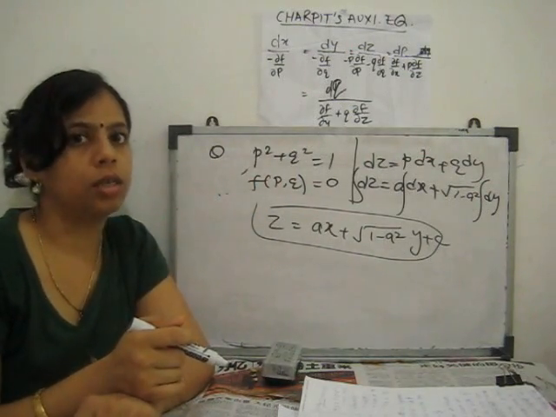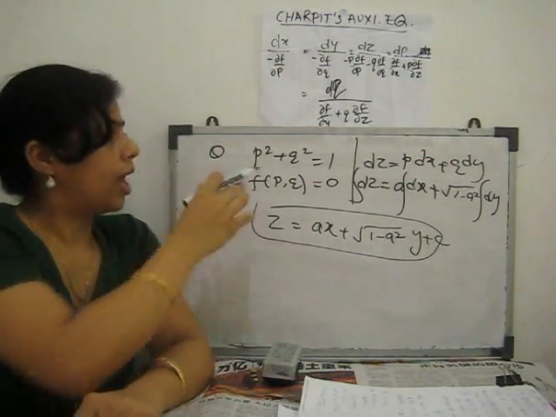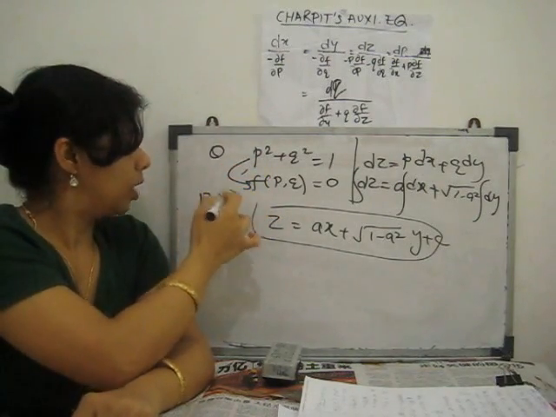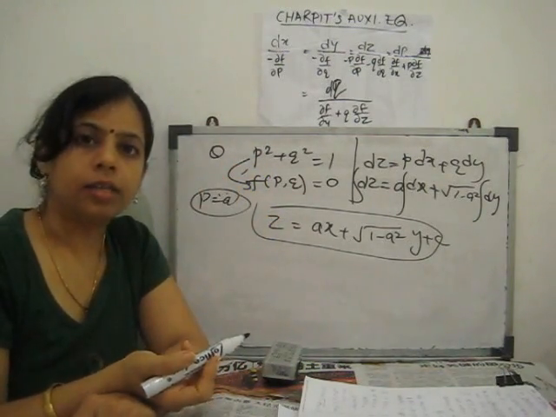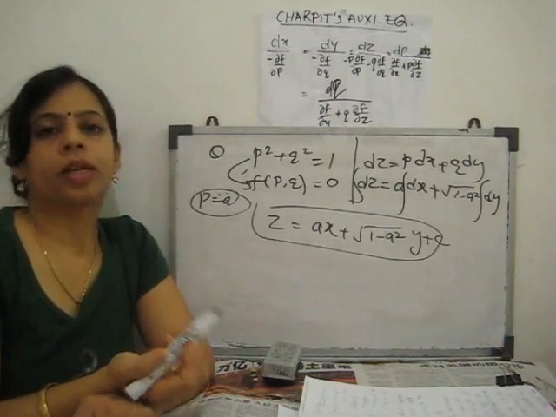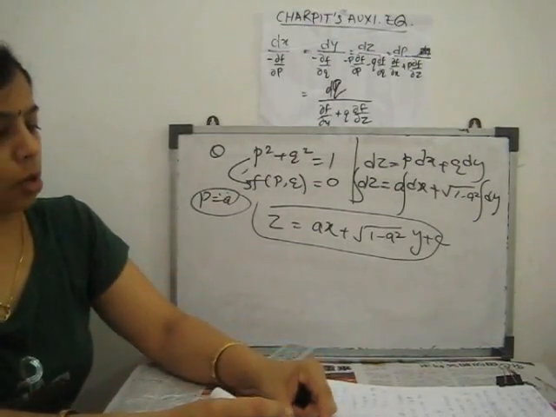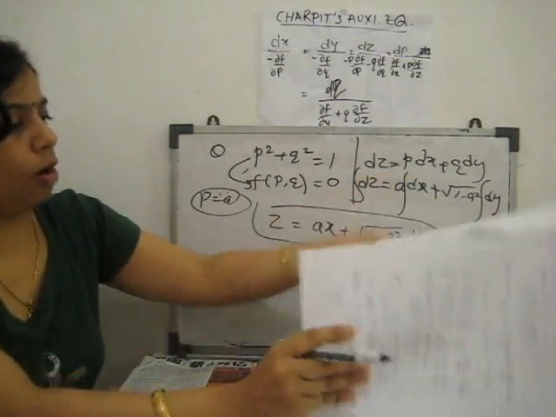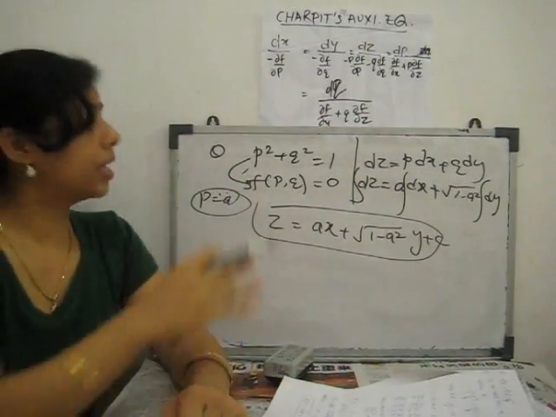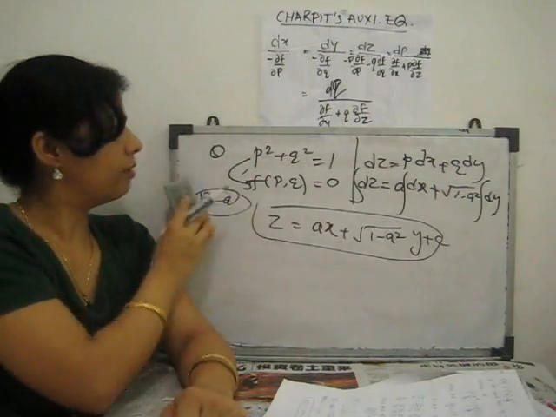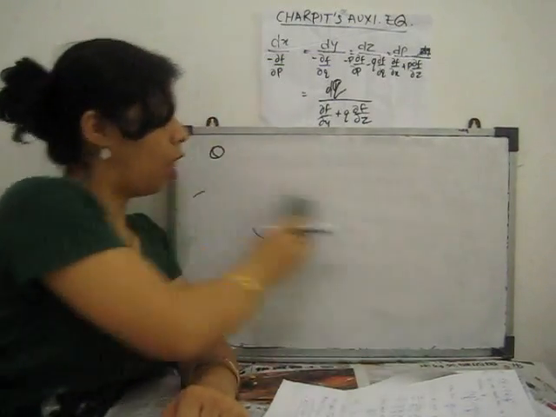It is so easy with this form. So you directly substitute. If the equation is in this form, we can say p equal to a is the constant, one value of p. So the next form we will discuss now. Next, another form of this. Sometimes we can also reduce the given question to this form. So I will show you how we reduce.